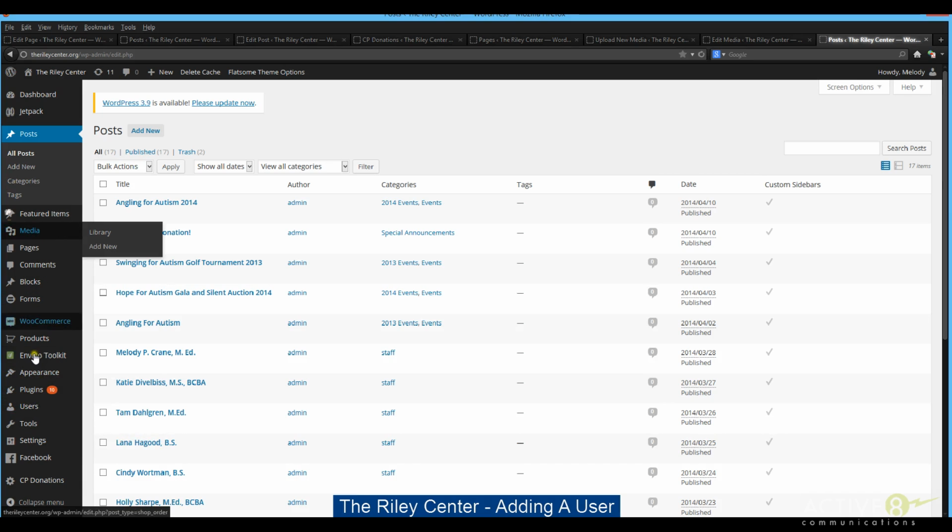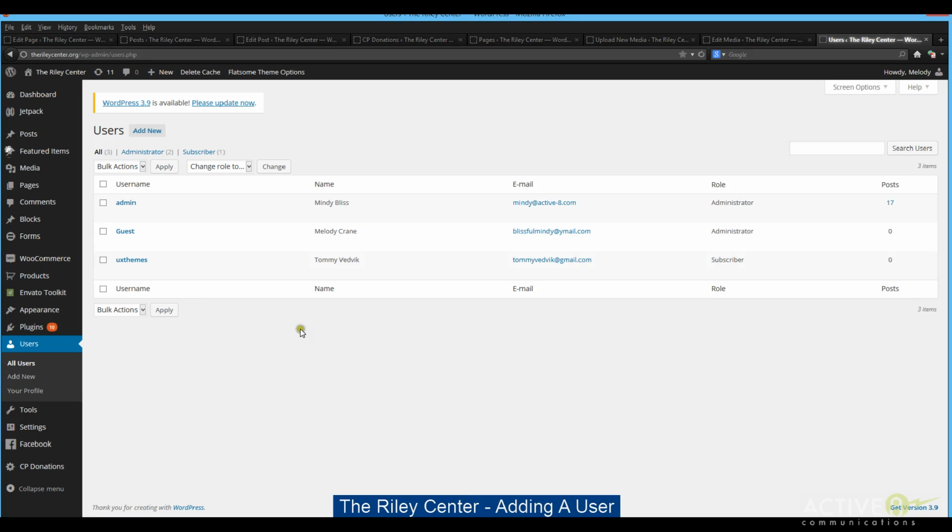So you go to the left-hand sidebar, go to Users, and whenever you click on Users, you will see all of the available ones. So right now we have me as the admin, and here's my email address. Then we have guest. This is the username. Then we have the name that will show up, Melody Crane, and then we have the email address. This is my personal email address that I set to right now while I'm doing the videos, and then I will change it to Melody's email address once I'm done. You'll see the number of posts that have been created, and you can also see that these are the administrative